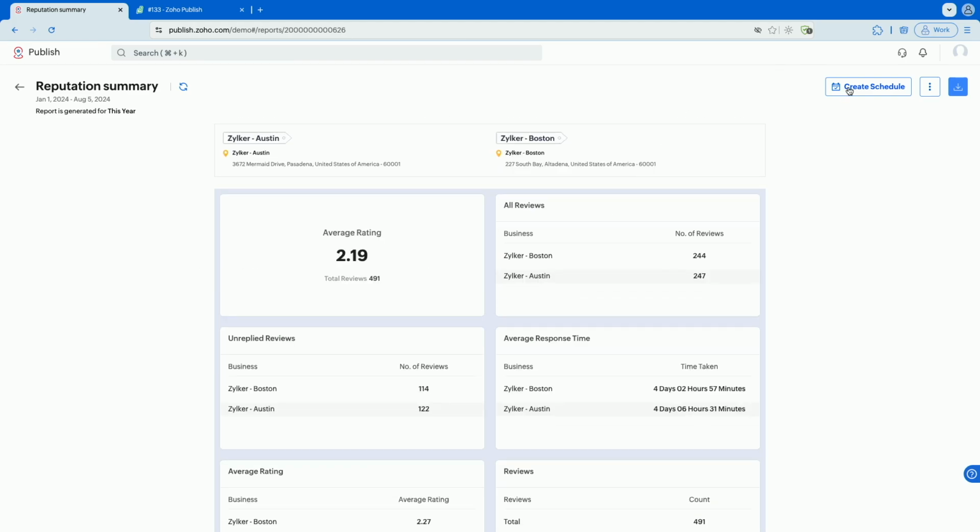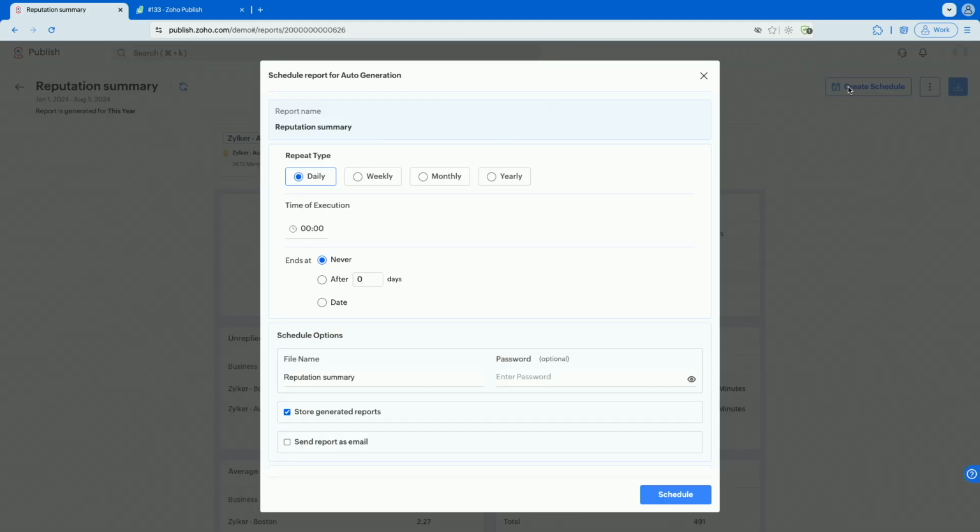If you want to create this as a schedule, you can do it from Zoho Publish, because you don't want to check within the product every time for each metric on the reviews. Once you schedule this particular report and add all your stakeholders to it, they will get that report in their email. It might be a weekly, monthly, or quarterly schedule. You can do it through the powerful reporting feature in Zoho Publish.